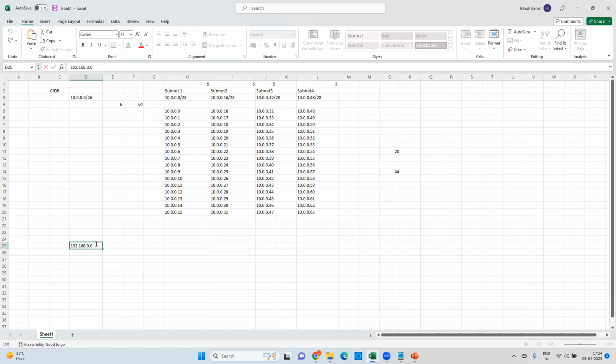So here also I will be picking, for example, 28, or 27. In case of 27, how many machines will I get in total? 32 machines, right? So those 32 machines I will be dividing into 2 subnets, subnet 1 and subnet 2. Here I am going to use